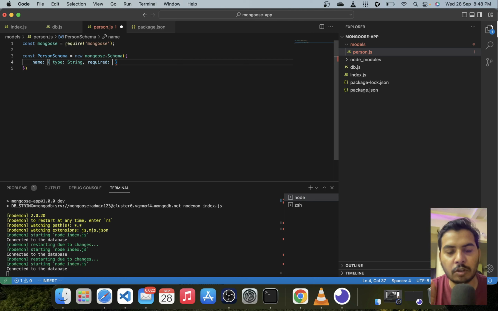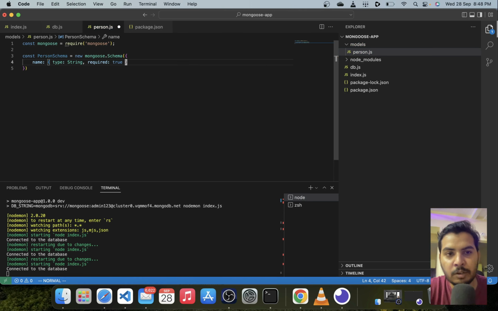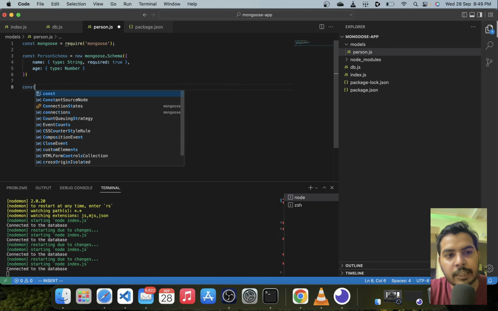If you want to enforce that sort of a thing, we can use this required thing, and then it can have the value true in that particular case. Then we should have age, and the type is going to be again number. So it uses these object classes in JavaScript, not the primitive data types. It uses number and string and boolean, which is also denoted by this thing, right? But now we do not want to make age a mandatory column, so we have simply defined the type, and that is it. So this way we can define a schema, and then we can export this schema.